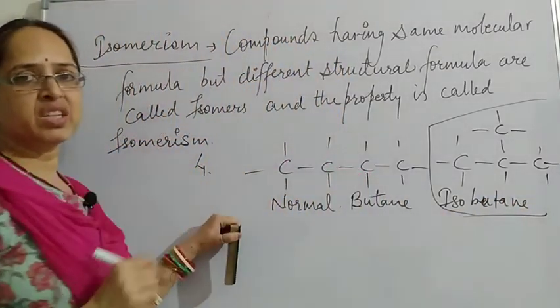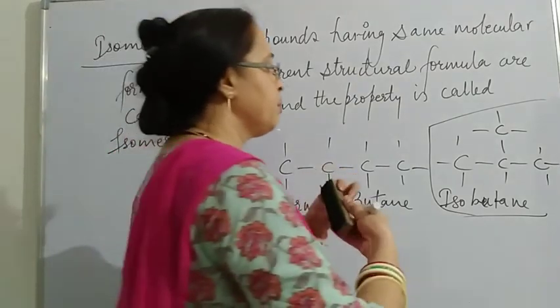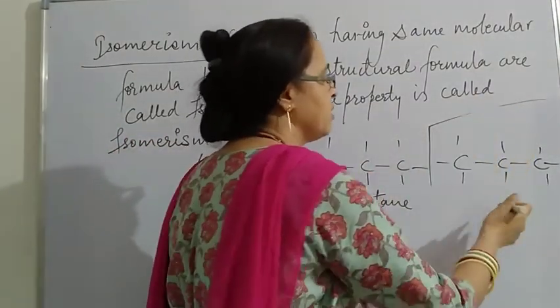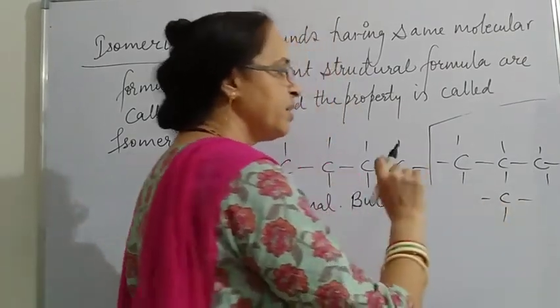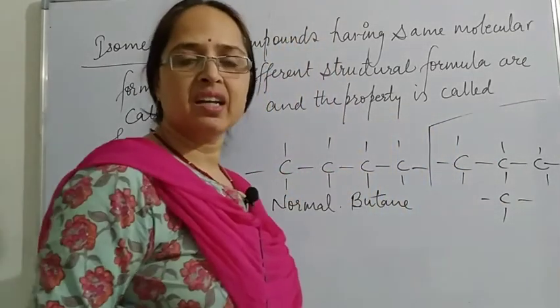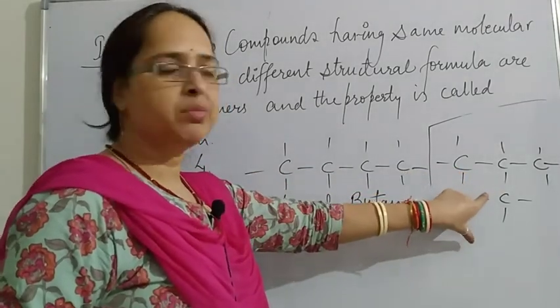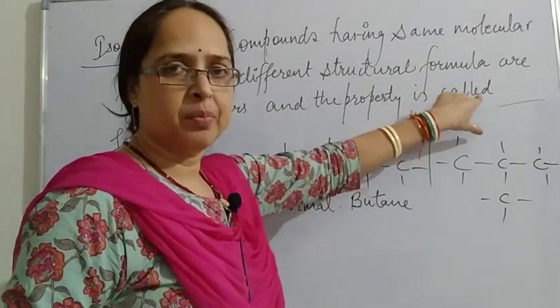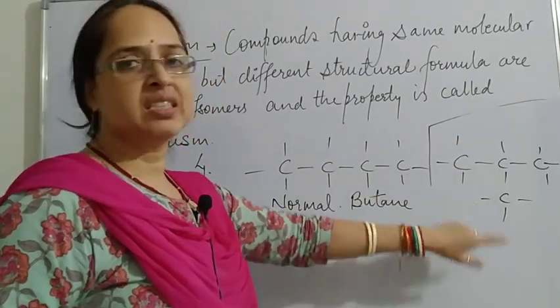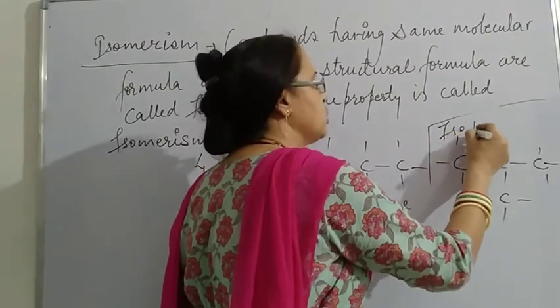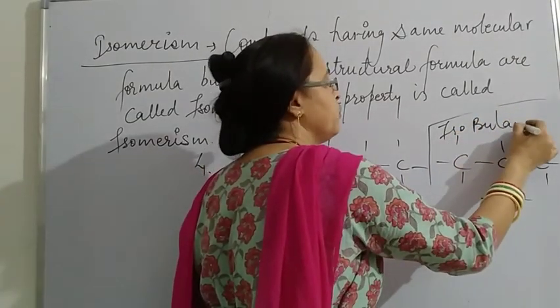When the branching is done, this carbon can be either on the top, or we can arrange it at the bottom. Whatever it is, if it is attached with the second carbon, either we can write it at the bottom or we can make the branch on the top. Both are the same only, and in both cases it will be called isobutane because 4 carbons are there.